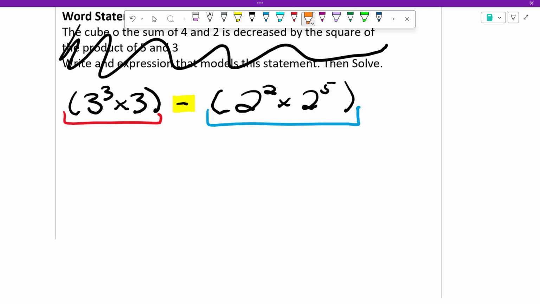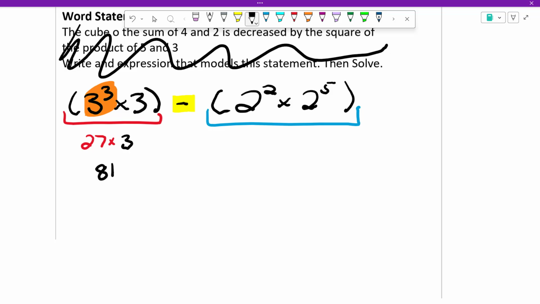So exponents, right? We have 3 exponent 3, which is 27, times 3. And what is 27 times 3? That one is 60, 90, 81. Okay, so now you could have done it just like this,